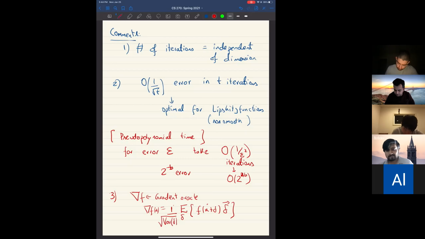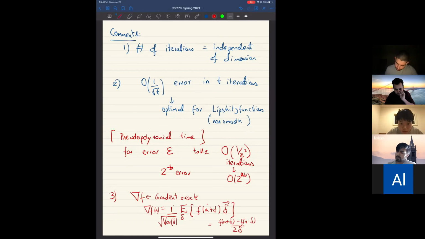This is basically in one dimension. This is just saying I have to take f of x plus delta minus f of x minus delta and divide by 2 delta. In many dimensions there is a version of this, but it's quite easy to estimate